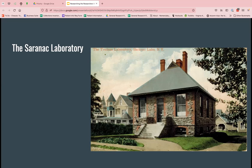The title of this presentation, Researching the Researchers, History of the Saranac Laboratory. Many of you might be asking, what is the Saranac Laboratory? And this little postcard here is the laboratory as it was first built in 1884. It was built for Dr. Edward Livingston Trudeau, who had started what we refer to as the TB industry here in Saranac Lake in the